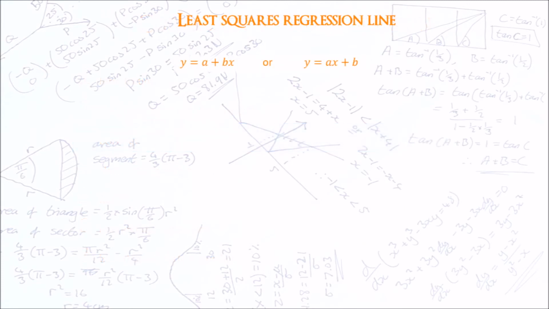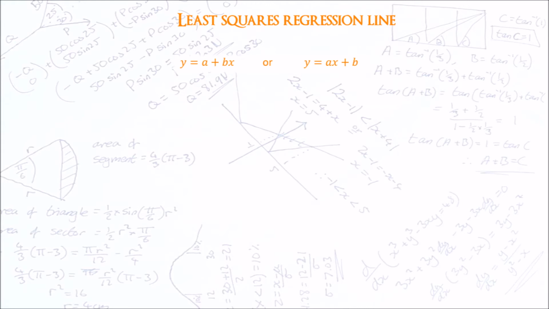Just like earlier on with the PMCC, we were able to work out the exact value of the correlation. In this one, the least squares regression line is our line of best fit, but we're able to work out the exact equation of the best line of best fit to suit our data. Now first thing it's worth pointing out is that there are two forms this could come in, either y is equal to